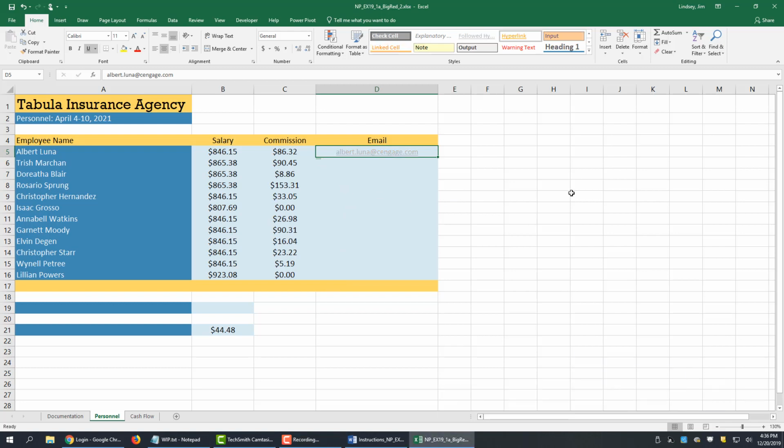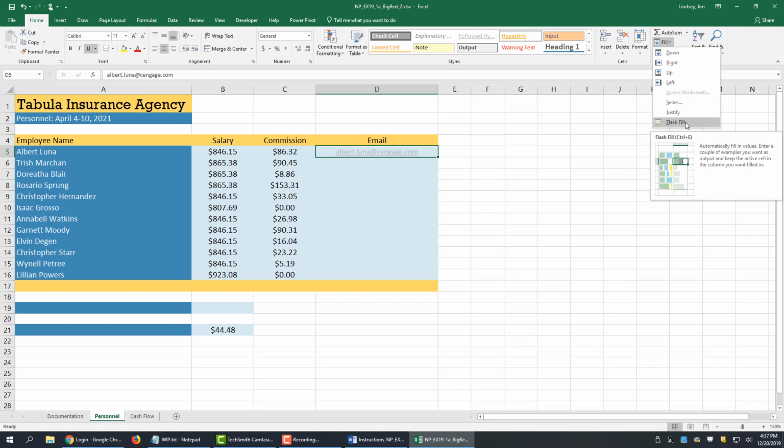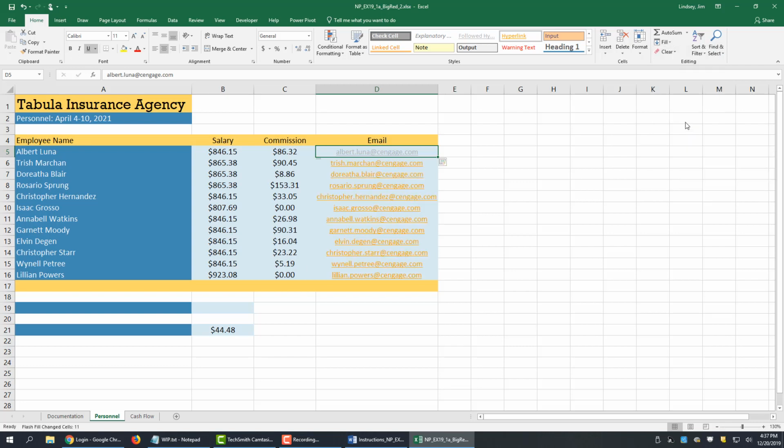Okay, so where might you find that? Over here on the Home tab of the ribbon on the far right, you have an editing section. In the editing section, you've got a fill button, and there's a little down arrow that you can click. There are different things you can do. You can fill down, right, up, left. Down at the bottom, there's something called flash fill. You select flash fill, and again, I have the Albert.Luna@Cengage.com cell selected. So if I hit flash fill, it's going to